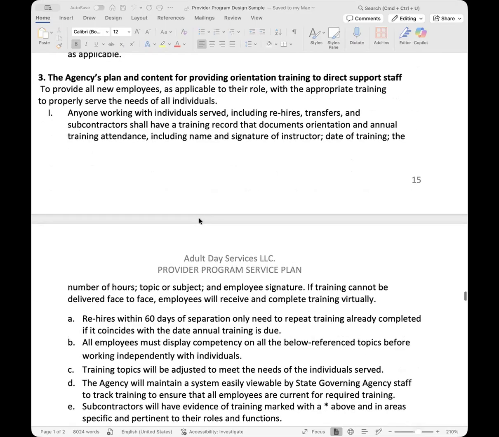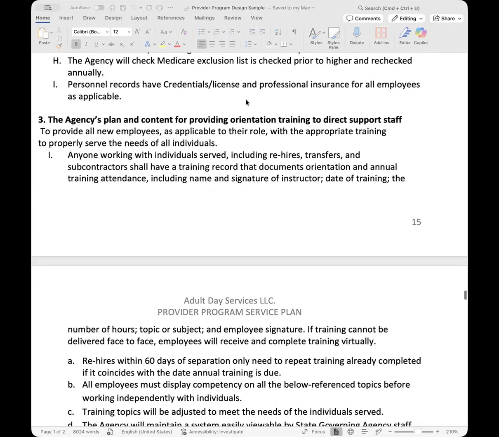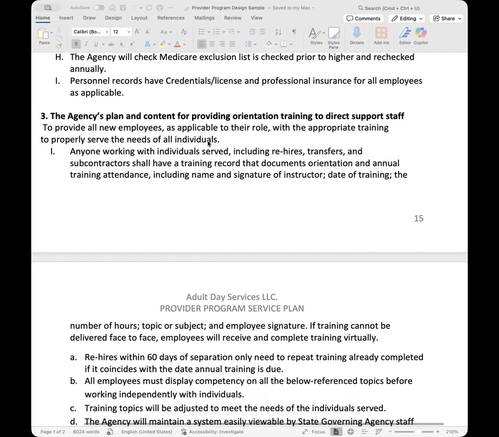Okay. One other thing I want to mention about the BCBA: if you are having the BCBA come in as an independent contractor, you must make sure they have professional insurance. You will need to have that insurance in their file, and it must be up to date at all times. If they're an employee of yours, they're covered because you will have liability insurance that covers all of your employees. If they are not an employee of yours, you will need to make sure you have a copy of their liability insurance.